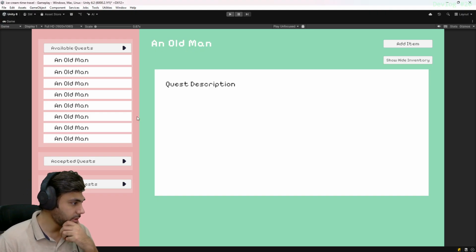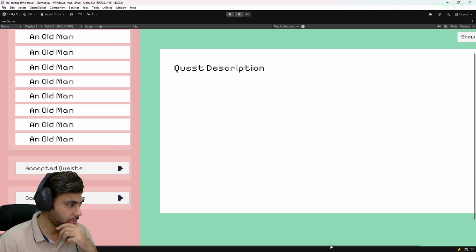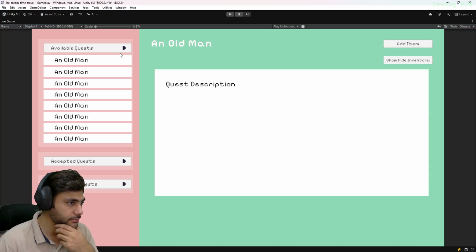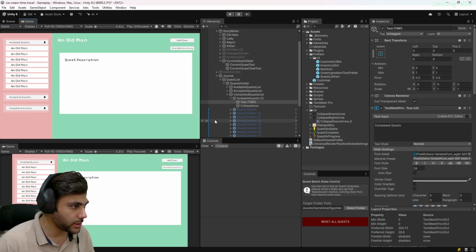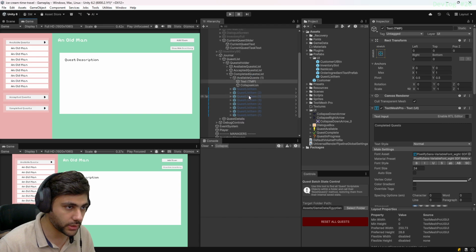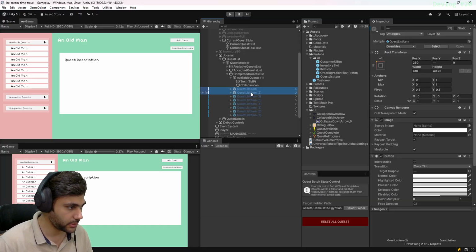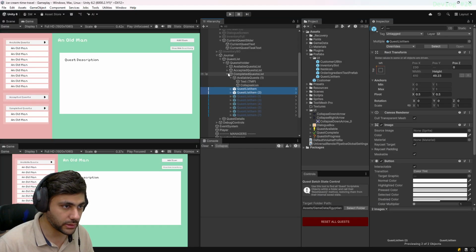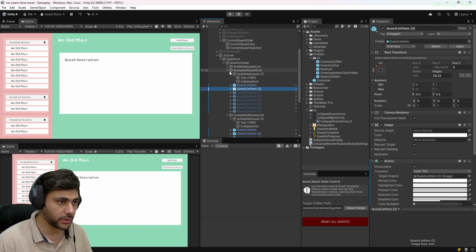The way it looks is quite good now. How about I add a little bit of items? So this, and maybe in accepted quest, one or two items, and just remove